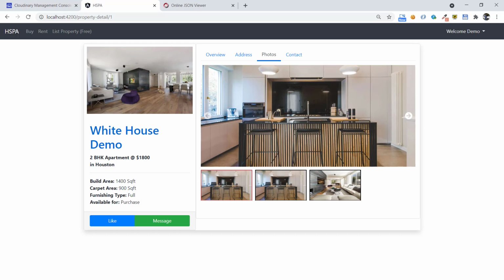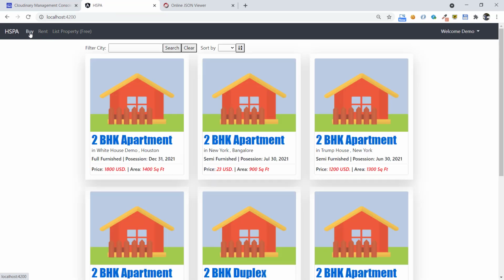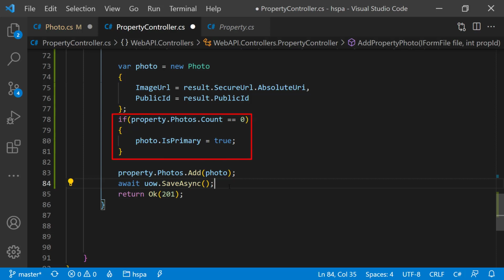So we have updated our application to display these images from the Cloudinary as promised. In our next video, we will update our application to display the main photo from the cloud here on the list page. We will also add two more methods in our API. One for deleting the photos, and another method to set the primary photo as per our customer preference. At present we are setting the first photo as the primary, and there is no control for the user to change the primary photo. So we will implement all of this functionality in our next lesson.